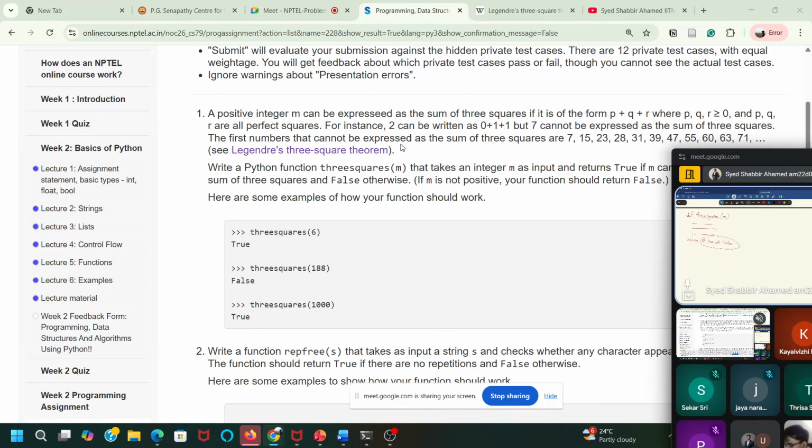You should not write it like this. So let's say whatever the number, let's say you have two. You can write it as 0 square plus 1 square plus 1 square. So it can be written as sum of three squares. But you cannot do the same with 7.